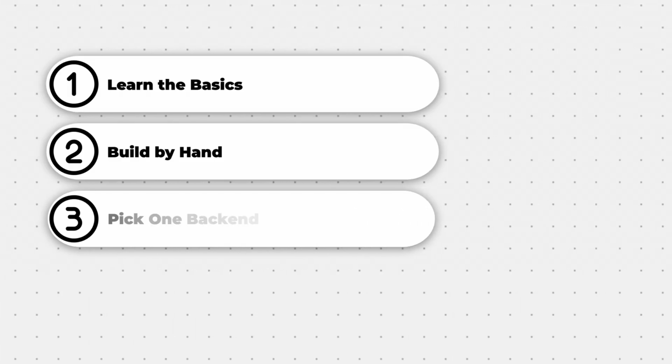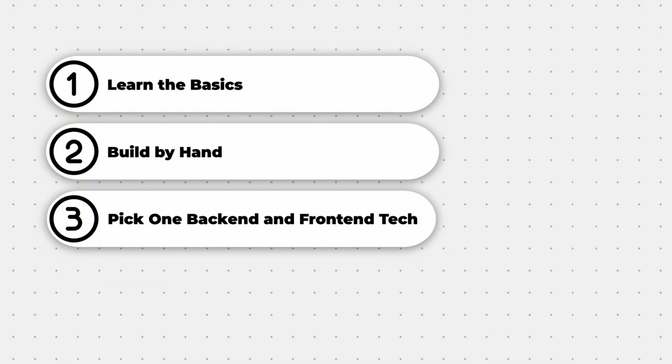Step number 3, to make yourself a pro, learn a front-end or a back-end technology. Maybe React for front-end or Node.js to Next.js for back-end or whatever. But learn some technology and build 2 to 3 projects using that technology. At this step, you can actually remake one of the older projects, but using these frameworks. And you'll come to know how much easier it is to build stuff using these frameworks. But even at this stage, I would not recommend you use AI. Until you have built 3 to 5 projects at this stage without AI writing code for you, you will not be a good software engineer.